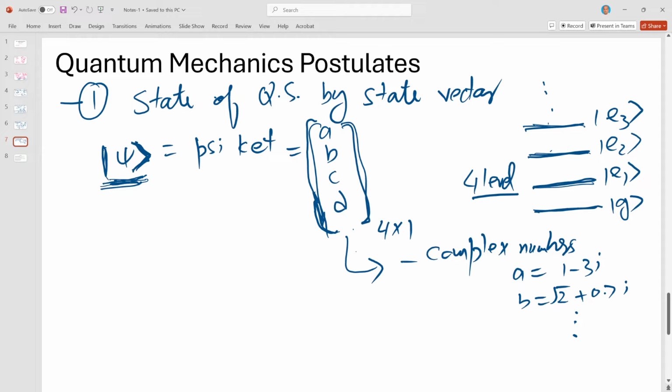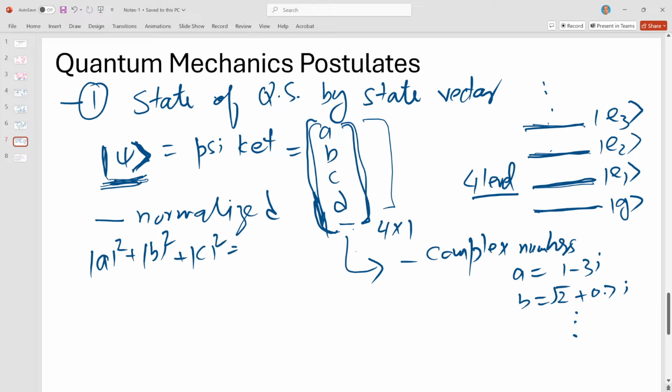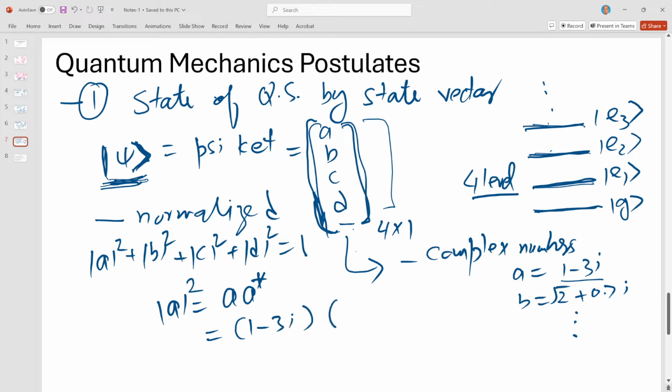Okay, so another thing that is now different in quantum systems, other than that these entries can be complex, is that this vector always has to be normalized, which means that |a|² plus |b|² plus |c|² plus |d|² always has to be 1, where modulus square is defined as a times a conjugate. If a is 1 minus 3 iota, conjugate simply means that you flip the sign of iota. So this number's conjugate becomes 1 plus 3 iota,